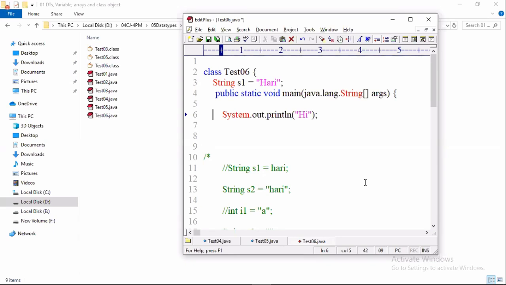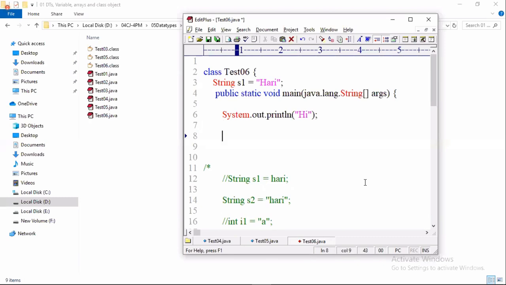All people understand? Then how to solve this problem? You have to use java.lang.String. Okay. Now finally I'm writing one statement, sir. Observe. String equal to double quotes string.